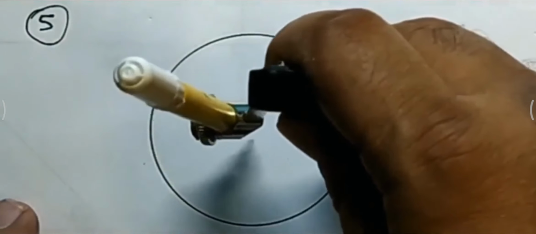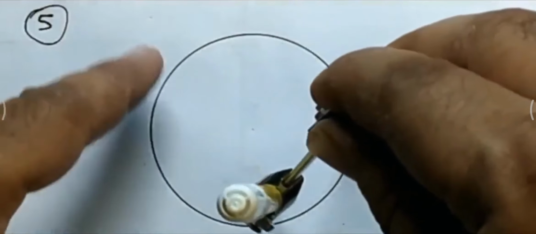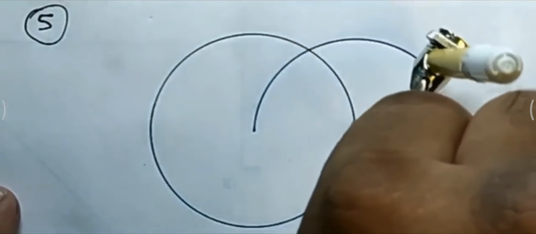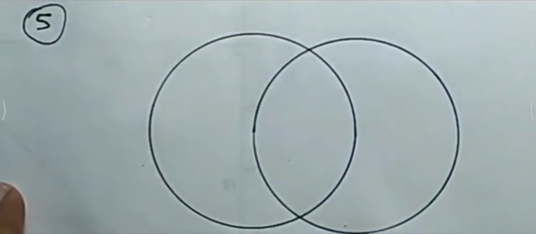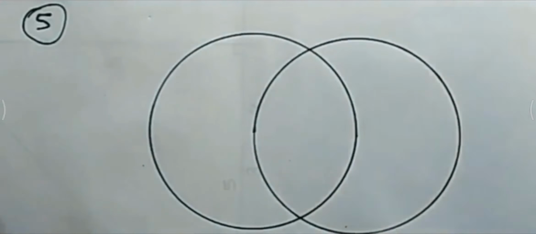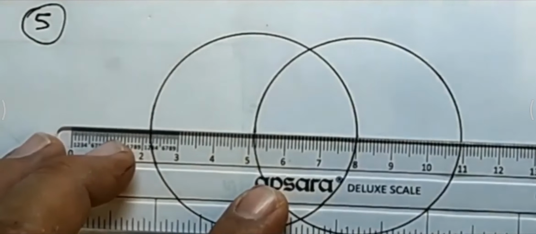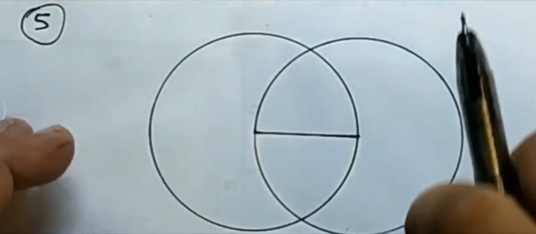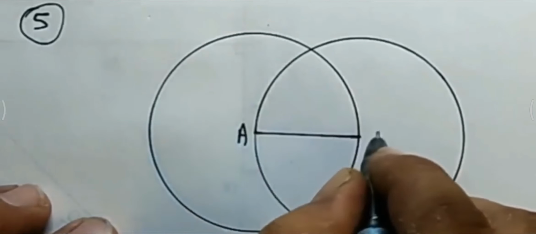Here you are required to draw the first circle, and with the same radius you are required to draw another circle. So first we made one circle, and after that we also made the second circle by taking a point on the first circle. Now here you can see both the circles are of equal radius. Now we will join the centers of both the circles. Now you can see we have joined the centers of both circles. Now this is the line. Now we will mark these centers A and B.